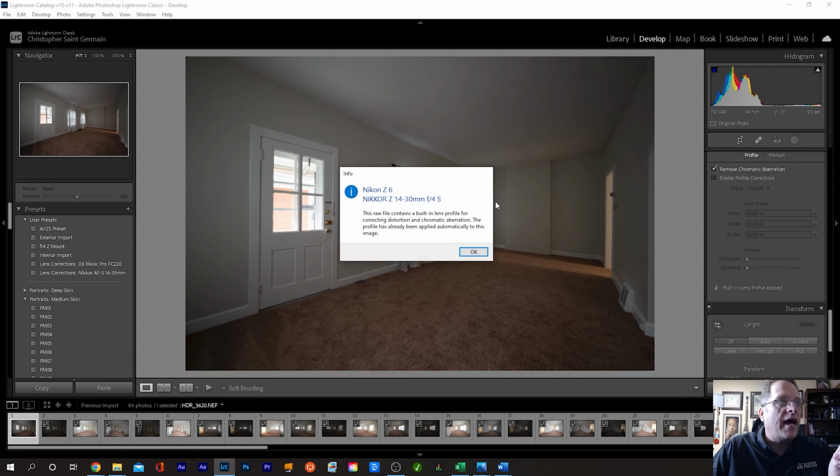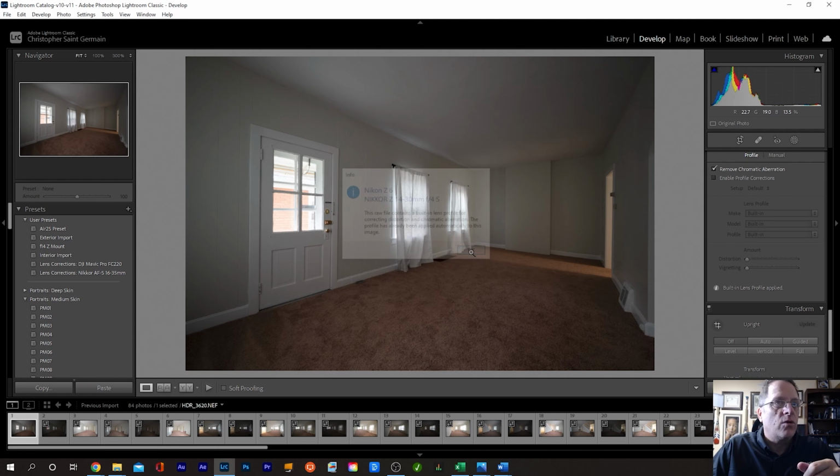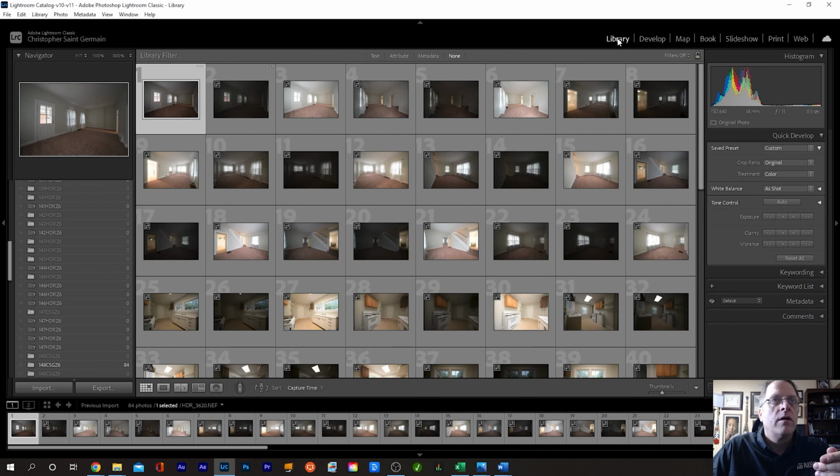If I click on that, it says Nikon Z6 14 to 30 millimeter. This raw file contains a built-in lens profile correcting distortion and chromatic aberration. This profile has already been applied automatically to this image. Okay, so that's why we don't need to apply profile corrections here,